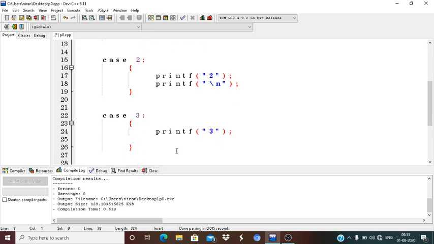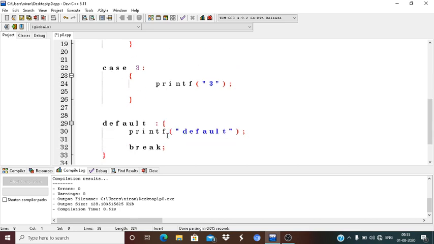Here you can see that case 2 is matched with the variable value. So it prints the printf 2 and the backslash n. After printing that, the next case 3 is also printed, and after case 3 the default is also printed. After printing the default case, the compiler sees the break statement.